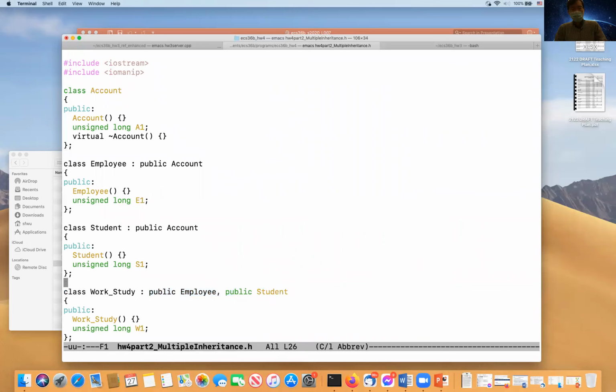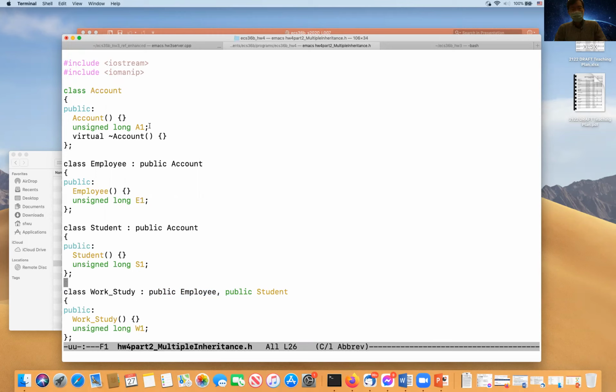And the classes themselves, I make extremely simple, because the point is not to implement any meaningful class, but for you to understand the variables and how many copies they have. That's why I only have 1 variable for each class.